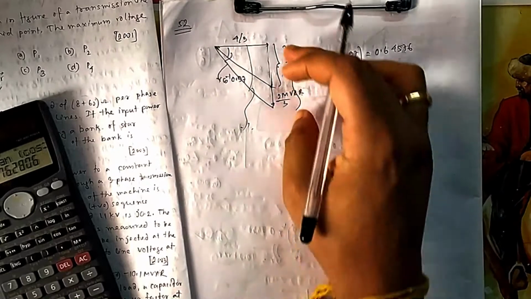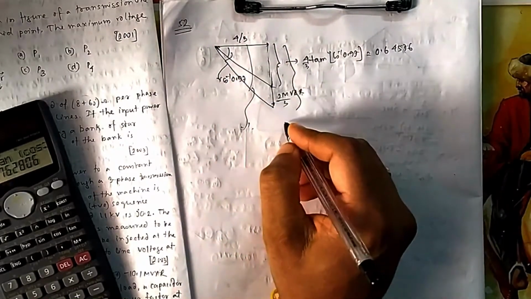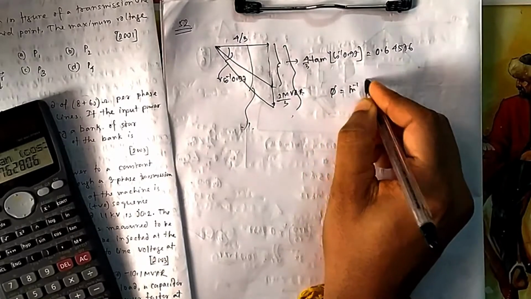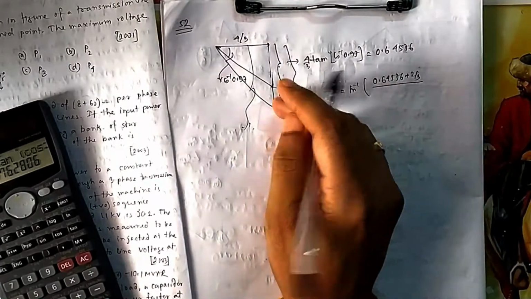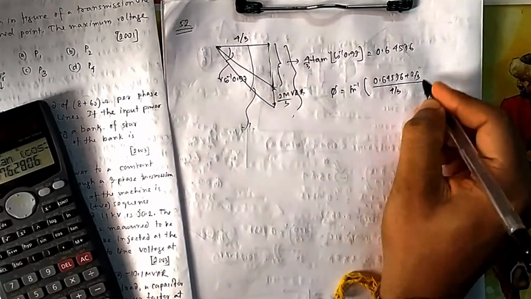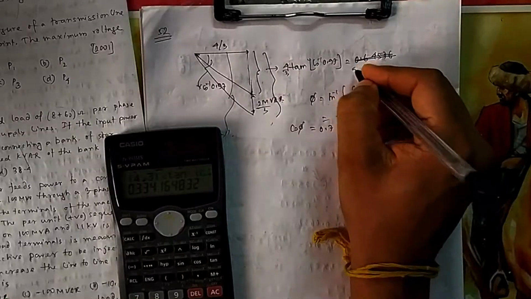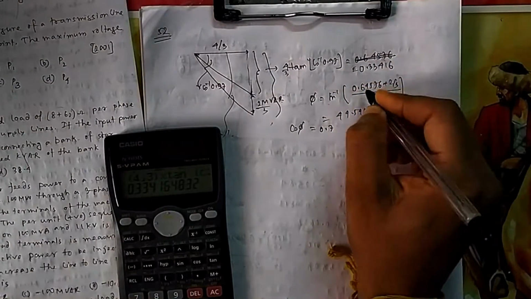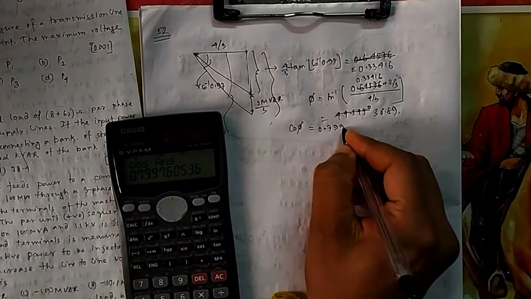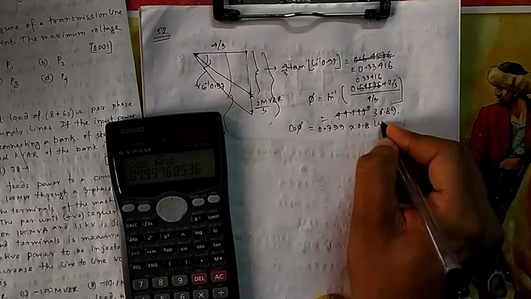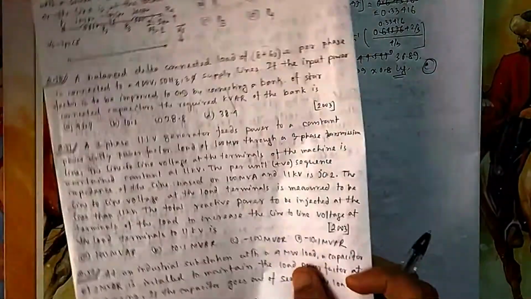So if you do this one, you will get, so because now capacitor is gone, now total this AQ demand will come. So the new power factor, that is your phi, will be equal to tan inverse 0.64576 plus 2/3 this load will come now, because capacitor was supplying, now it is not supplying, divided by 4/3. So that's why 3 will get cancelled from everywhere. Power factor will be cos phi, would be 0.33416. So this is 0.33416, this will be 36.89, and then this will be 0.799, which is equal to 0.8 lagging. So that is your option C. While writing power factor, you should always mention leading or lag.